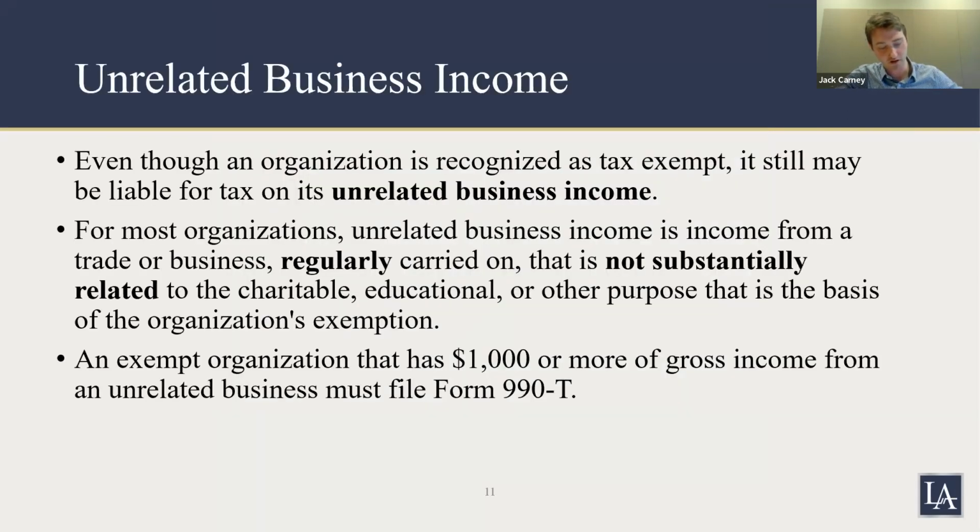And moving on, this is really a great transition from the Schedule A to unrelated business income. Unrelated business income would be reported on the Section B portion of Schedule A. It's a big thing to keep an eye on, because even though an organization is recognized as tax exempt, it still may be liable for tax on its unrelated business income. For most organizations, unrelated business income is income from a trade or business regularly carried on that is not substantially related to the charitable, educational, or other purpose that is the basis of the organization's exemption. So if there's more than $1,000 of unrelated business income, then we're going to be required to file the